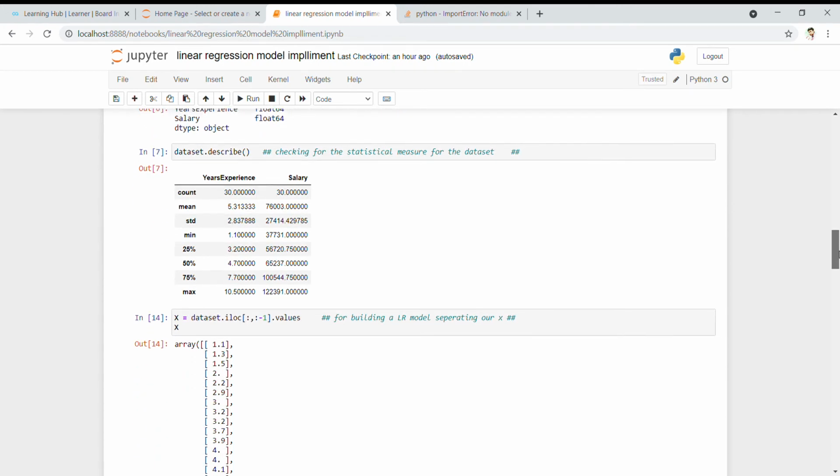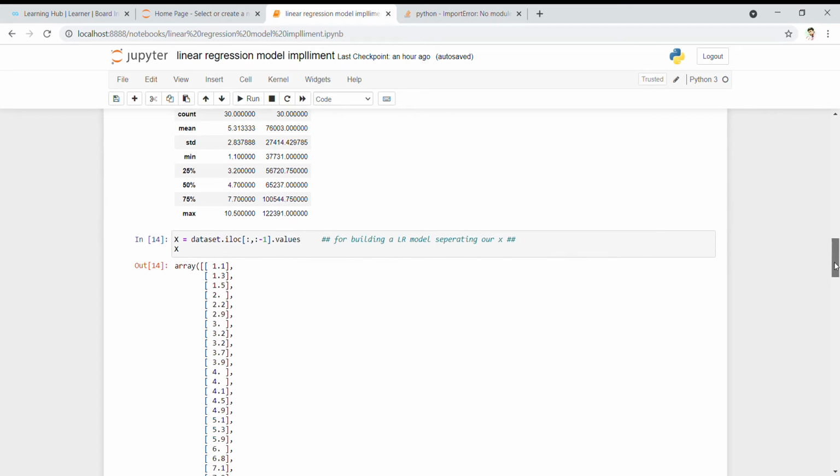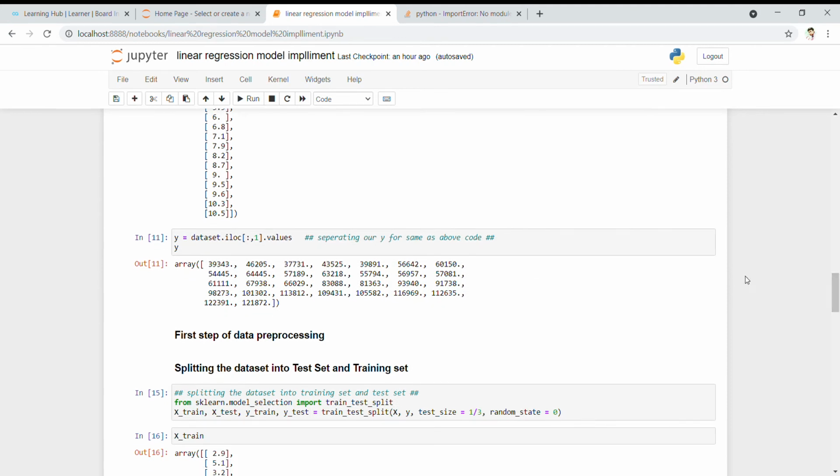After that I am pulling out my x variable data that I need to deploy in a machine learning algorithm, the linear regression algorithm. There I need x and y, as x is an independent variable and y is a dependent variable. So pulling out my x variable and showing the output, here we can see all the 30 values for x, and similarly pulling down the y variable.